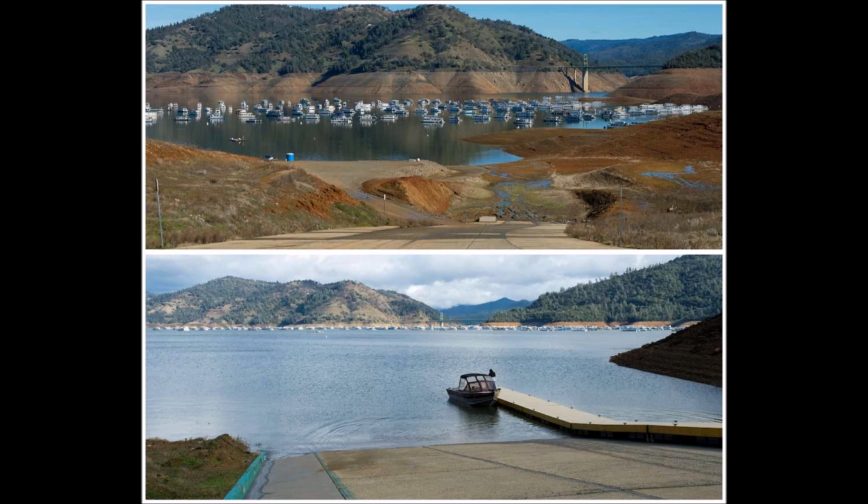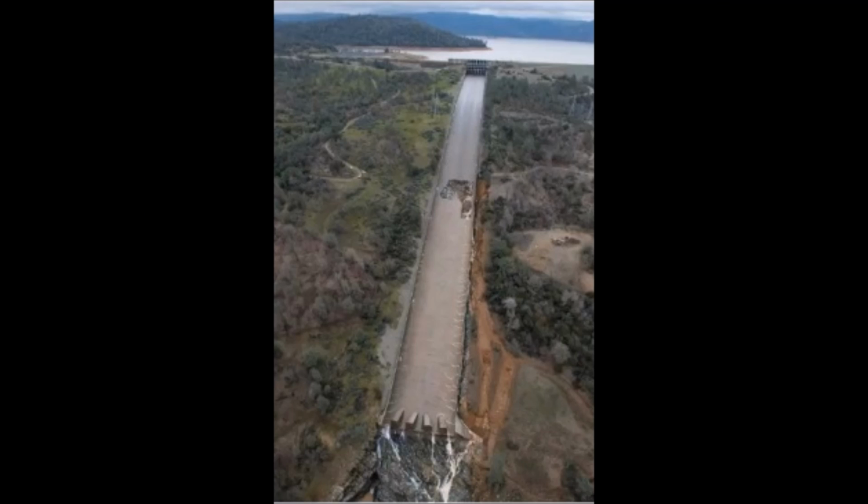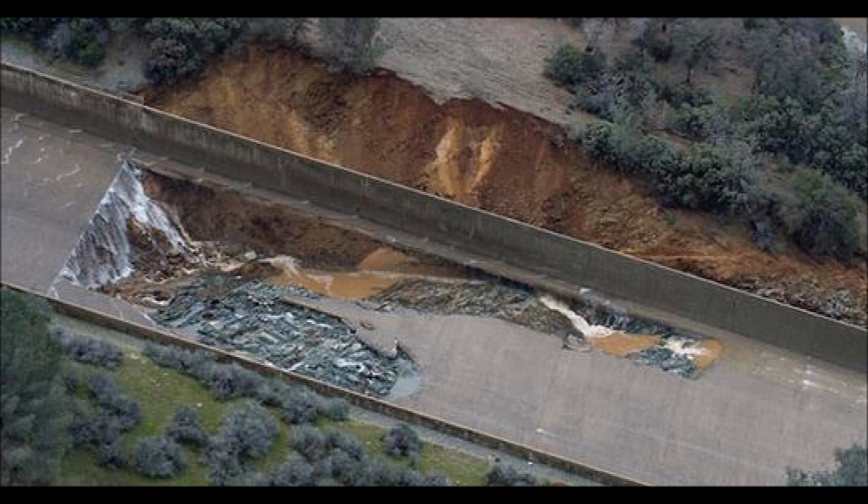And Oroville Dam, this was an example of the first winter storm that came through, how quickly it filled from low water to high water in just a few days. It's going to go to another event right now. The problem is when they tried to open the spillway, there was a sinkhole or something under the spillway that is now preventing that water from being released, because when they did release it, it caused even deeper erosion underneath